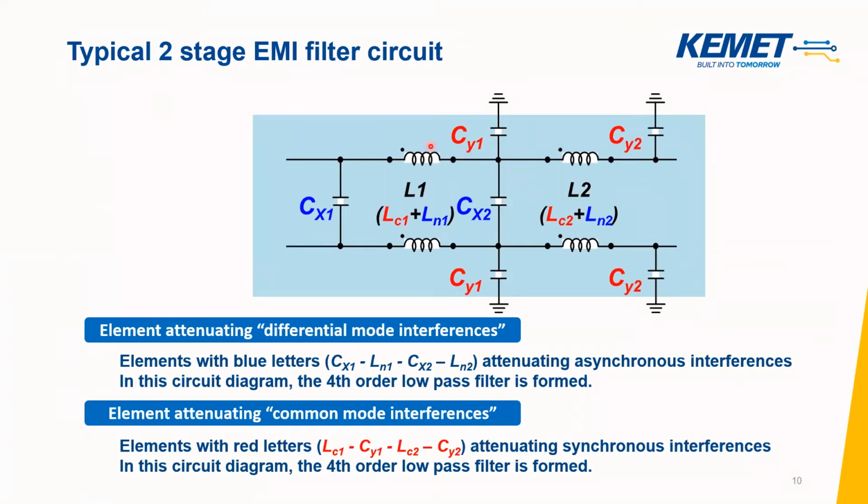Why have we shown only one choke here? Well, that's because here at Kemet we have a special type of choke which we call a hybrid choke. Using this choke, you do not actually need two different chokes, one common mode and one differential mode, but you can use only one hybrid mode choke. And this hybrid mode choke is guaranteed to help you out with both kinds of insertion losses.